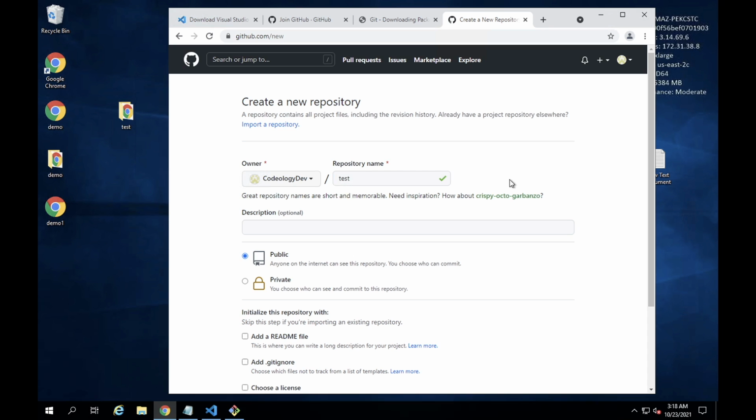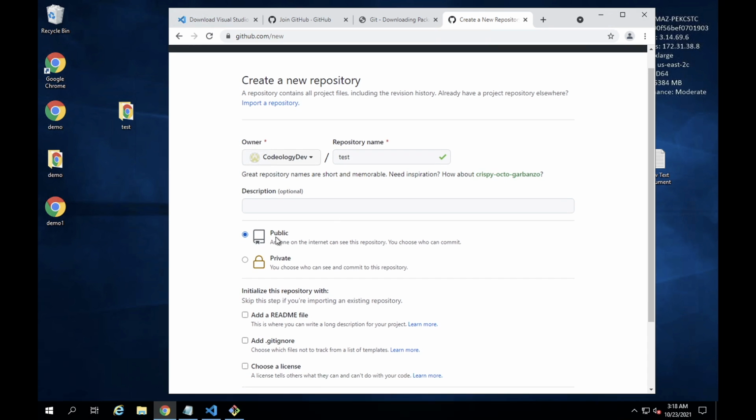Okay, and now here we have two options. See, one is public and one is private. What is public and what is private? Actually public is anyone can access your repository in all the world. Okay, on the internet anyone can access your repository. If you put it private, right, no one can access that repository.